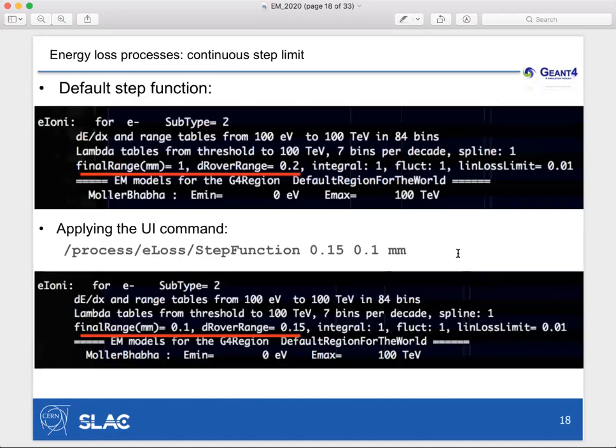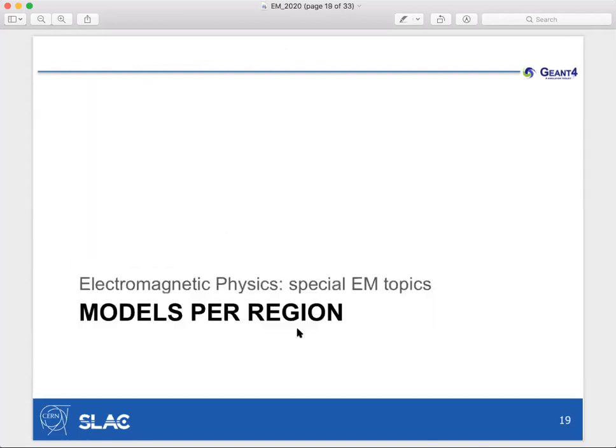Okay, as a user, you can set it, and I show on the top the default value. It's also reported when you run the simulation, and you can see in the report that, for example, for the particle here, electron, the process is ionization, called eIoni, and many things are reported, and among those, you can see the final range, which is 1 millimeter, and the dRoverRange is 0.2. Indeed, these are the default values, and if you invoke the UI command, then after rerunning the simulation, you can see that you can indeed change this behavior, and your stepping with electron will be different than before. Okay, so